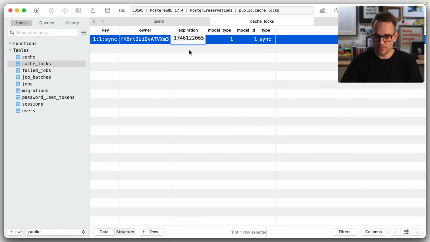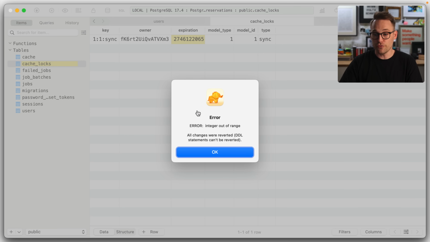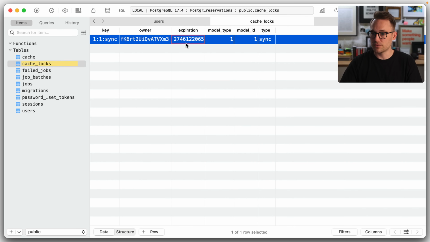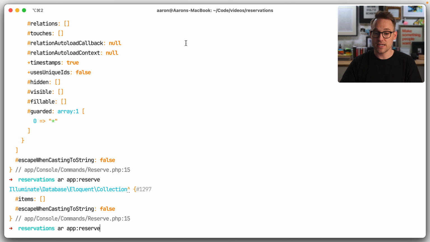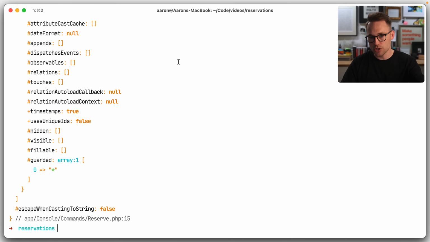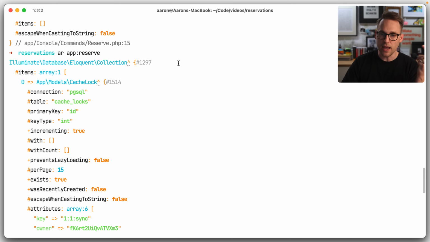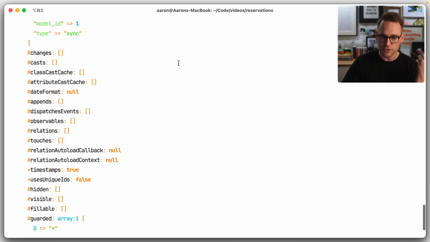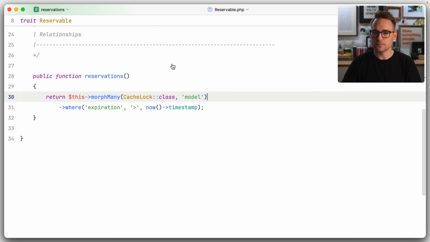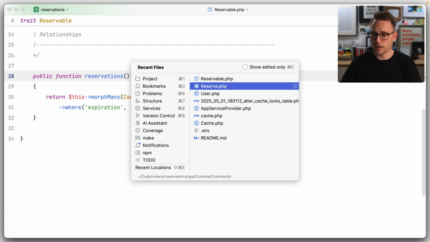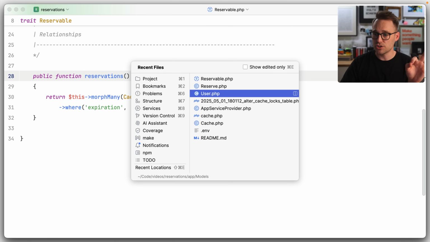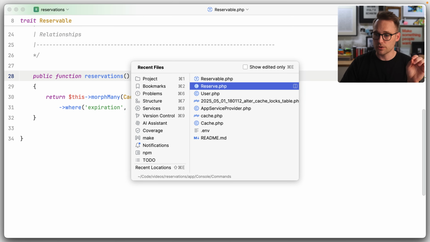If we change it to what is presumably extremely far in the future, yeah, too far, Aaron, too far into the future, beyond the heat death of the universe, maybe. Let's just change this to 8. Is that allowed? There we go. And do you have a reservation now? You, in fact, do. Okay, this is good. This is good. I like this. We're getting closer. So now we've gotten to the point where we do have a reservation on the user model